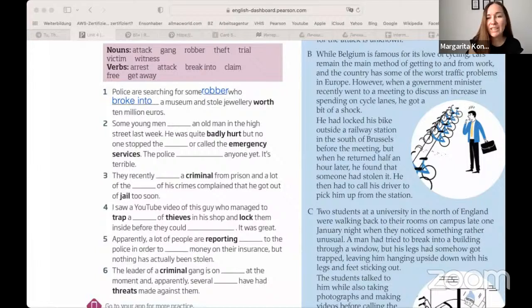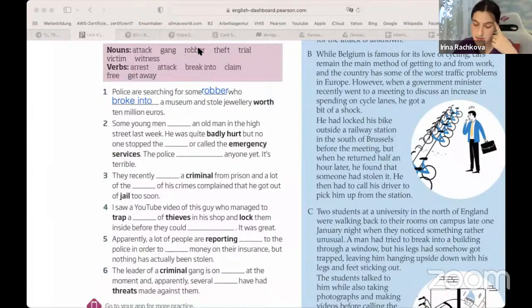Okay, this is totally right. Yes, so a robber, some robber, we got it. Yes, who broke into a museum. How do you understand some jewelry worth 10 million euros? What does that mean? Это какие-то драгоценности, которые стоят 10 миллионов евро. That's right. We know this word worth, but in a different context, yes? Do you remember, like, it was worth it, оно того стоило. И мы можем использовать worth про конкретную цену, yeah? So, jewelry worth 10 million euros, yeah? Okay, very good. Let's take the next one.